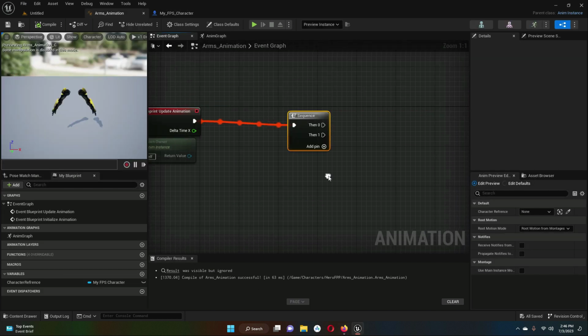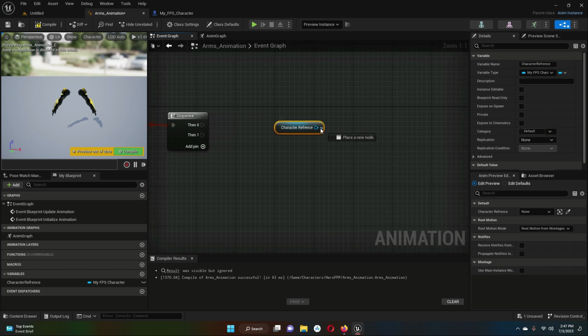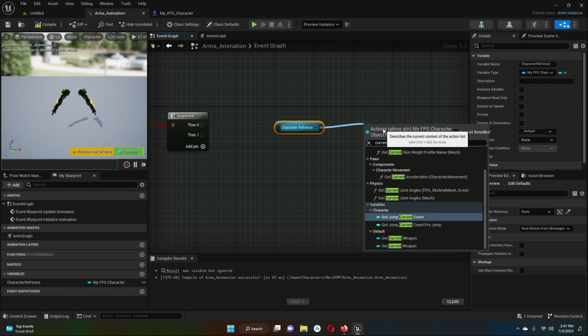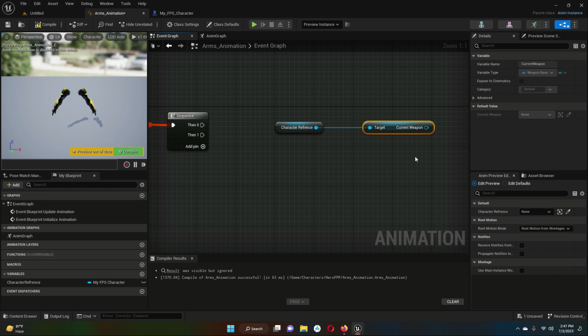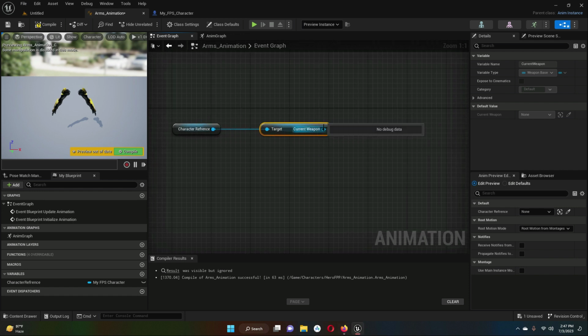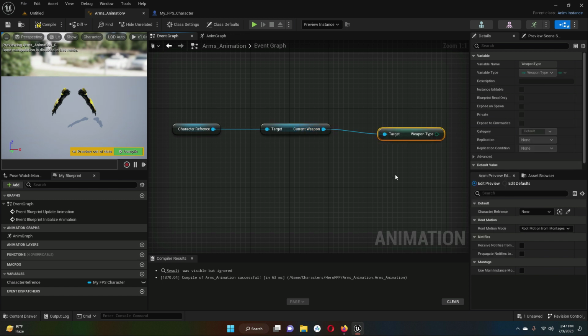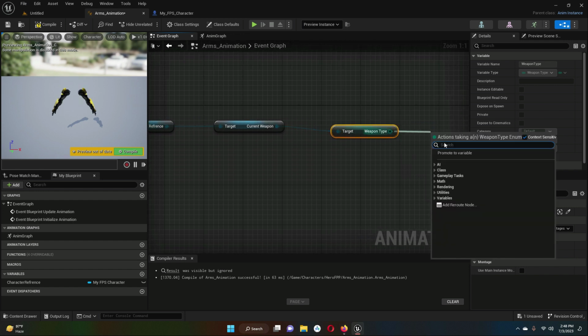And now here we want to get the character reference. Just drag and drop that character reference here. Get character reference. So we have to get the current weapon, so drag this and we can say get current weapon, by the name current weapon. I hope you remember that. And then further we have the weapon type, so get weapon type. We are going to promote this to a variable, promote to variable,